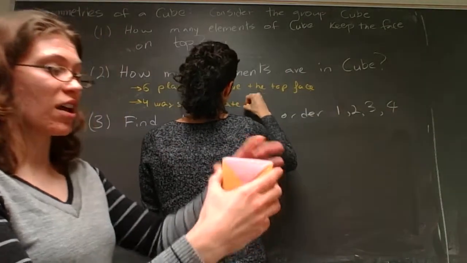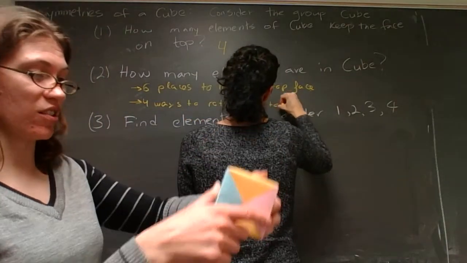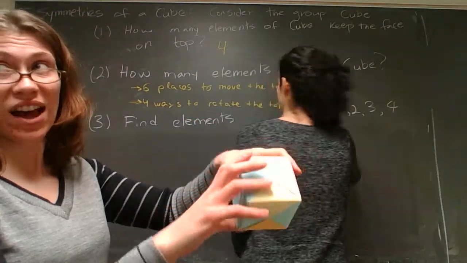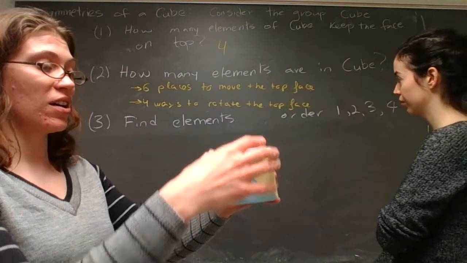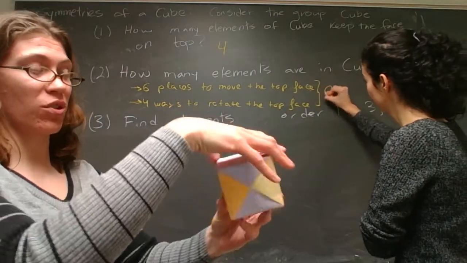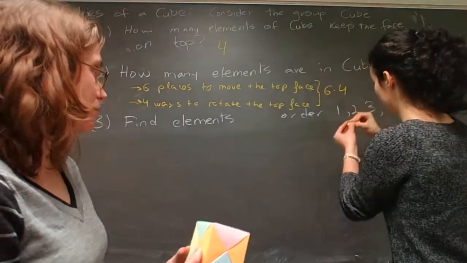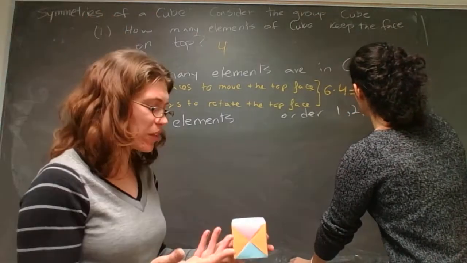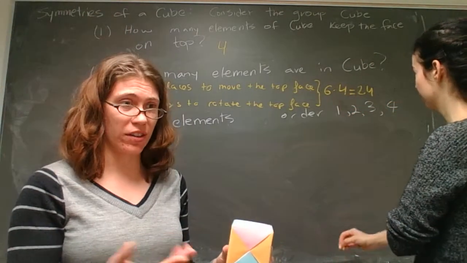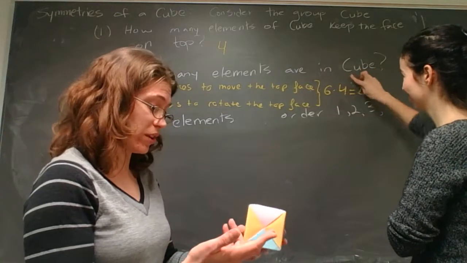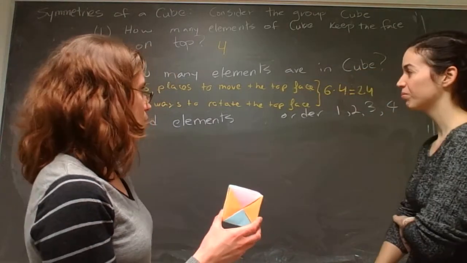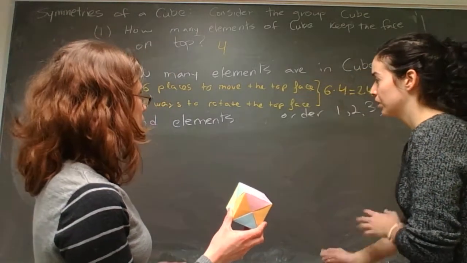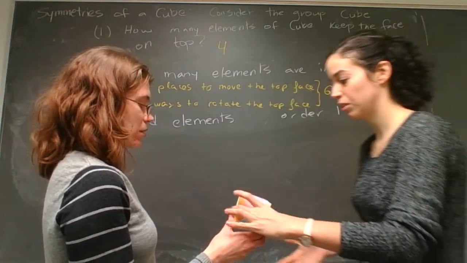In other words, if I start with the top, I can move it to the side and then rotate the sides, or I can start with the top and rotate the adjacent sides. But then the question is, am I double counting anything, and is this everything? What do you think, Ava? Well, I think so, because